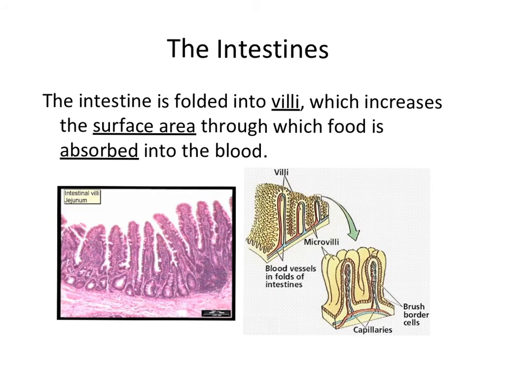If we were to take a cross-section of the intestines under the microscope, we would see what is known as villi, and on those villi are microvilli. What these villi and microvilli do is essentially increase the surface area of the intestines. That allows the intestines to absorb as many nutrients as possible at the same time. Once these nutrients travel through the cells, they then enter the blood vessels, which can then carry the nutrients around